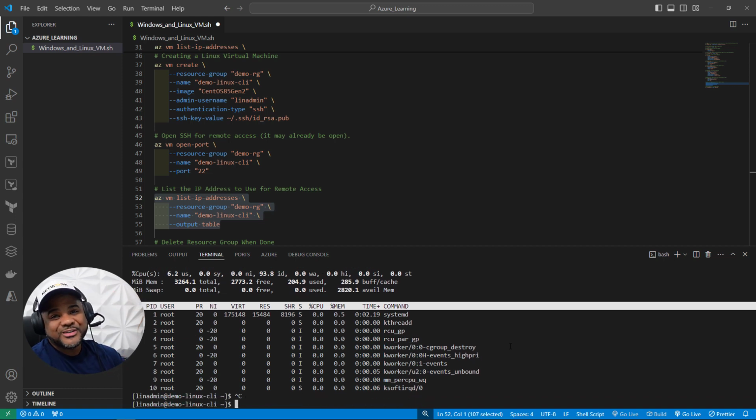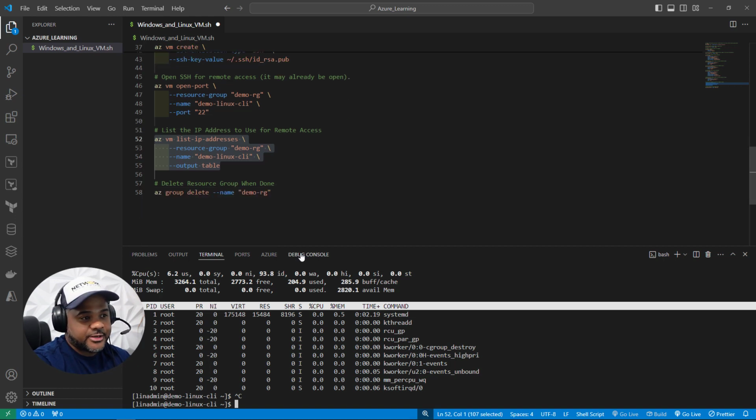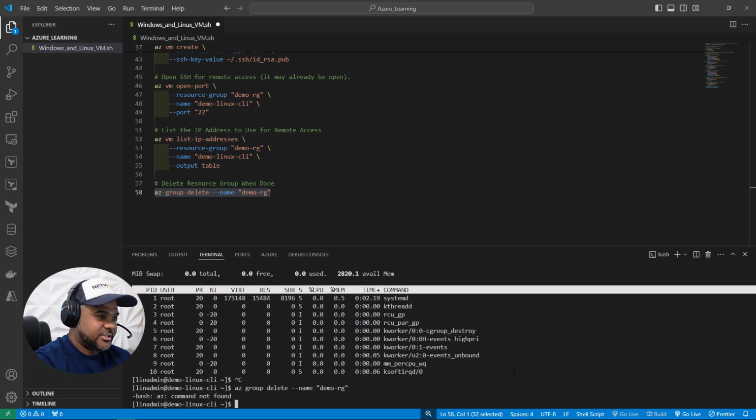So that's pretty much how simple it is to actually deploy resources, at least, you know, a Linux and a Windows operating system on a virtual machine. And now to clean up everything, we're just going to basically copy this. And this, again, like we said, it's beautiful to organize all of your resources underneath one resource group, especially when you're doing test or lab type of demonstrations like this.